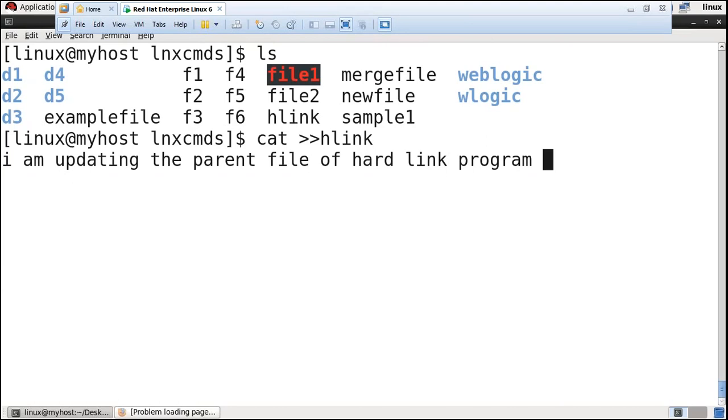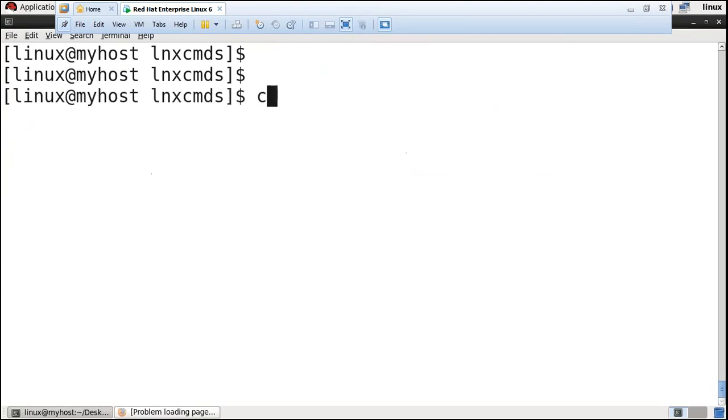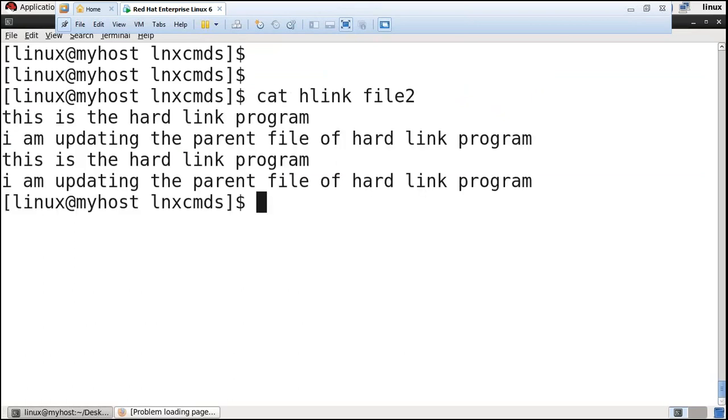Understood? Press Ctrl D. Then cat and go to that, we can access it. See, it is updated, right? In both the child as well as the parent.